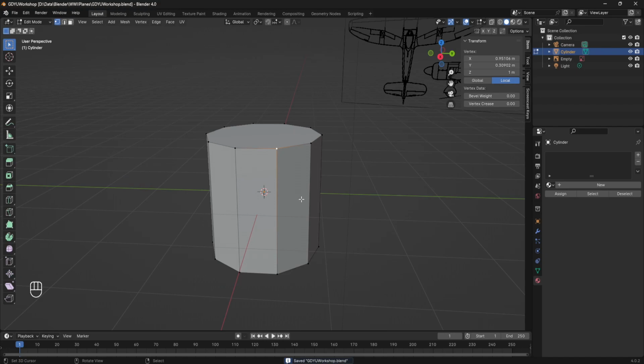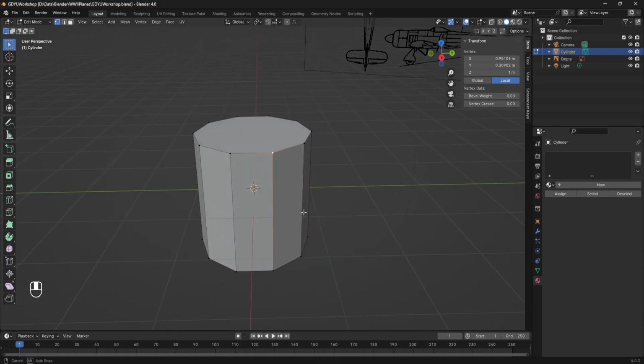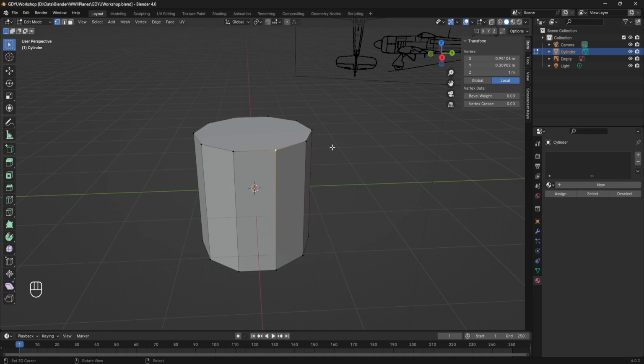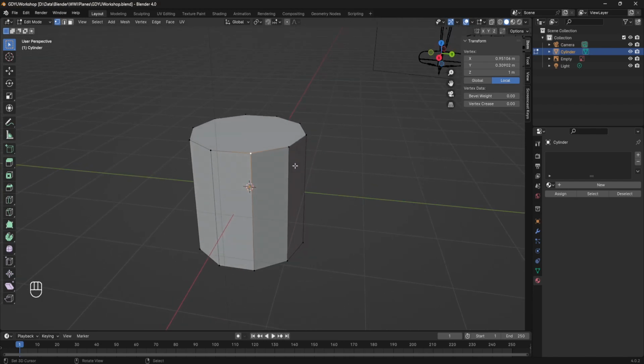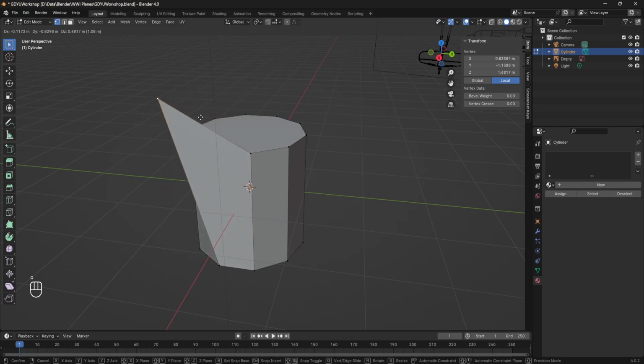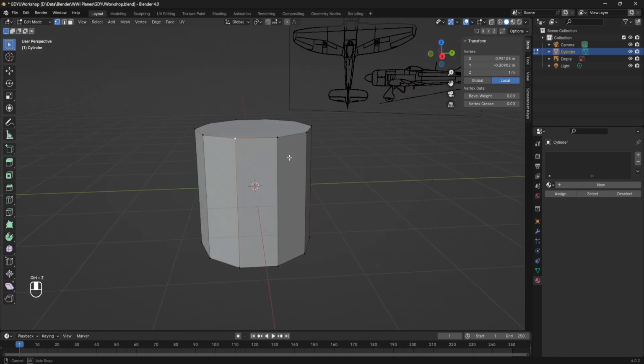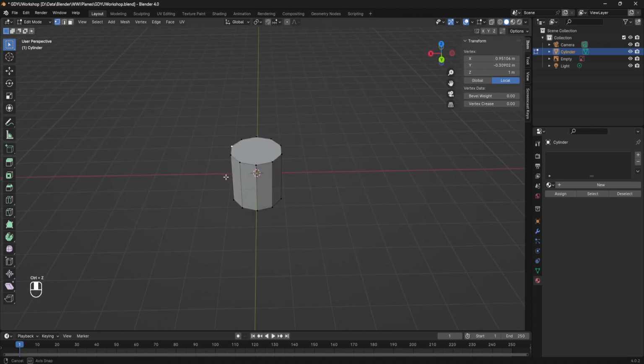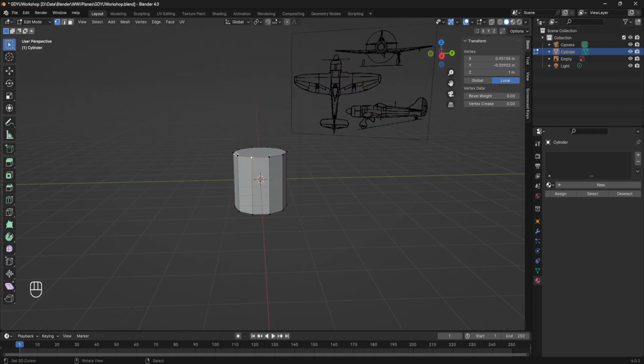Okay, so what do we got to do here? We got to rotate this cube. So what we're going to do here is now you'll see that we're actually editing individual vertices and stuff. So I'm just moving this vertex around to show. So what I want to do here is I want to actually rotate this entire cylinder on its side, so it's like the